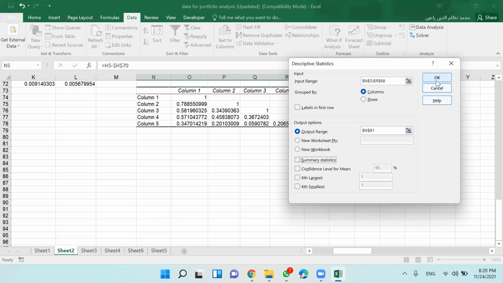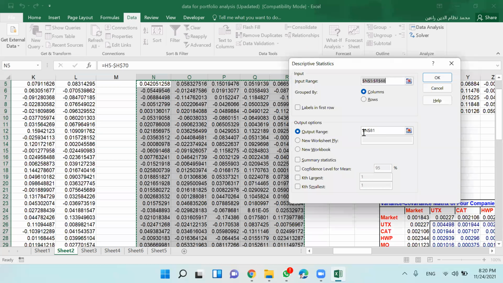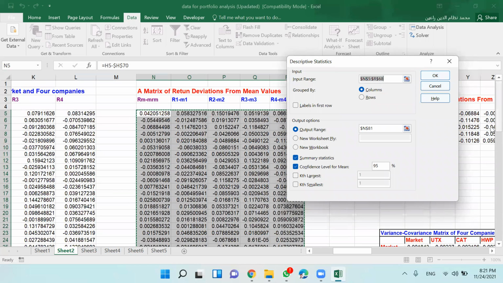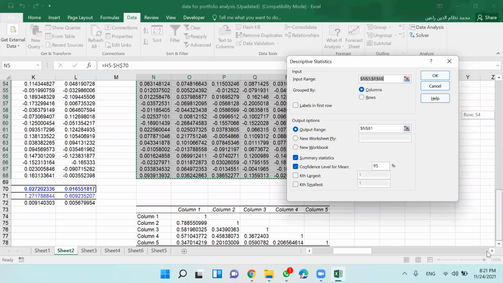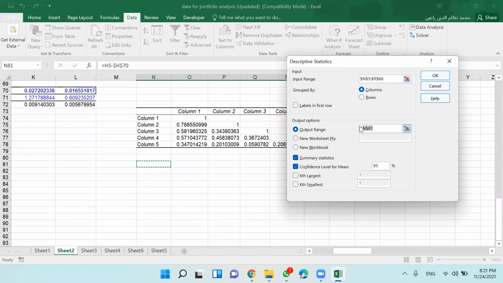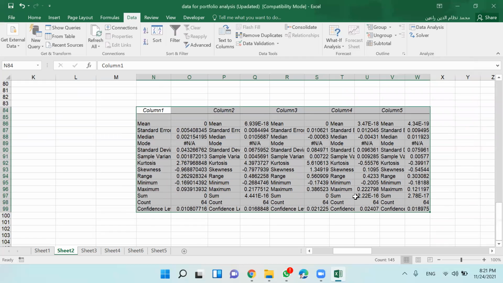Okay, summary, confidence, okay, and then let us check if the cursor is in the right cell. So this is the cursor here. Okay, so this is your descriptive statistics.